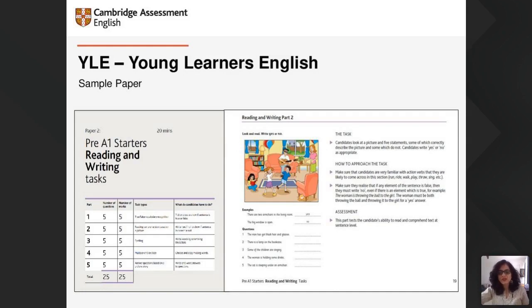So we have part 2 over here in the table, and we have a sample task from the reading and writing part 2. Now, it has been described here, there is one picture, there is an example, and there are 5 questions which the candidate has to attempt. So the candidate looks at the picture, reads the question, and writes yes or no. So it's a very simple task, but it tests a lot of